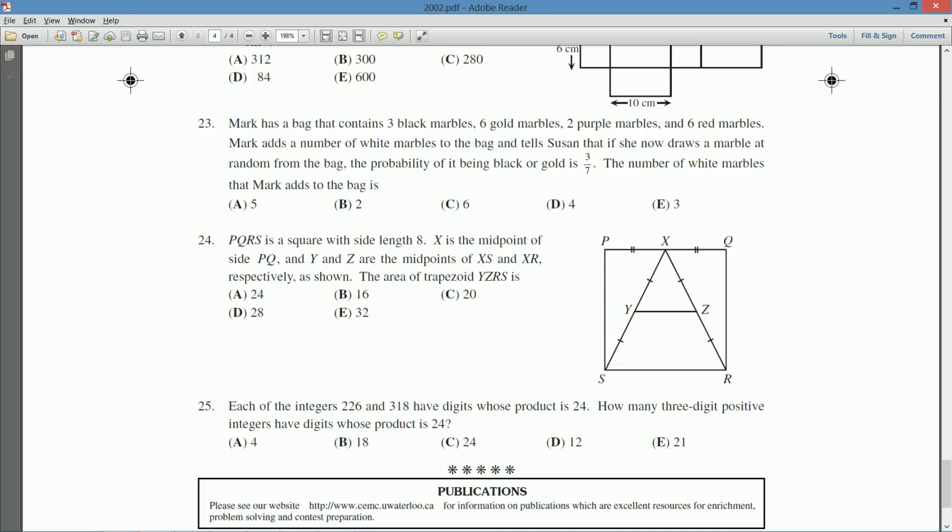So X is the midpoint of PQ, and Y and Z are the midpoints of, so we've joined X to S and to R, the other points in our square, and Y and Z are their midpoints respectively, just as we've shown in the picture. Alright, and we've once again shown that the length has been split in half by saying this length and this length are the same. As it turns out that these lengths are also the same, that's just a symmetry thing. The area of the trapezoid YZRS is, alright,